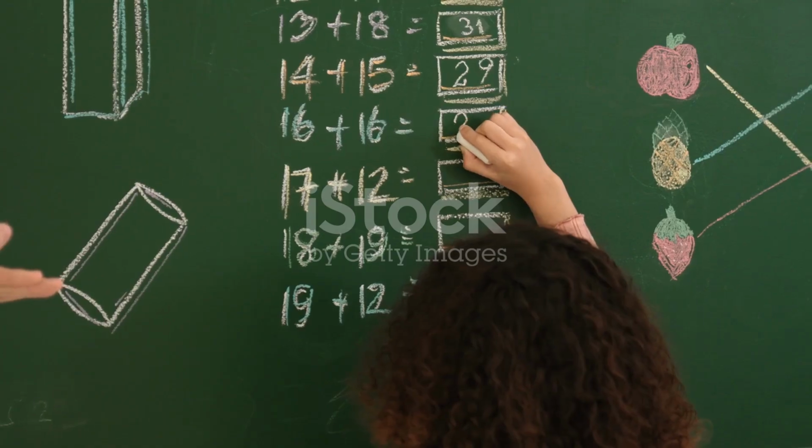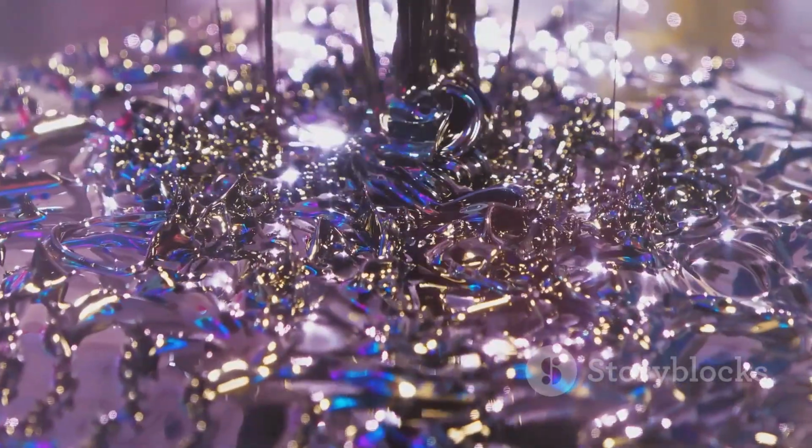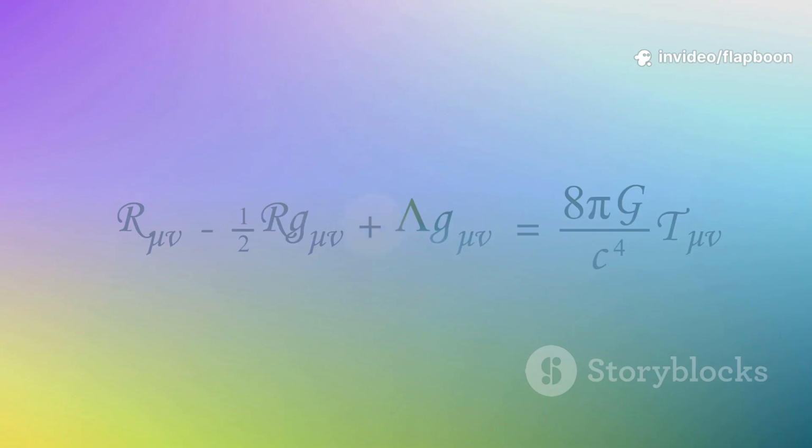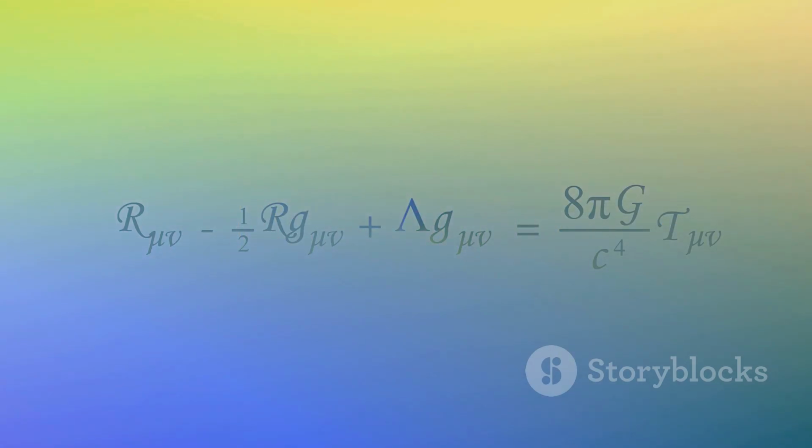Remember this shortcut. If charge moves, magnetic field exists. If magnetic field exists, force acts. If force acts, motion changes. And honestly, that's literally all of electromagnetism compressed into one equation. F equals Q times V cross B.